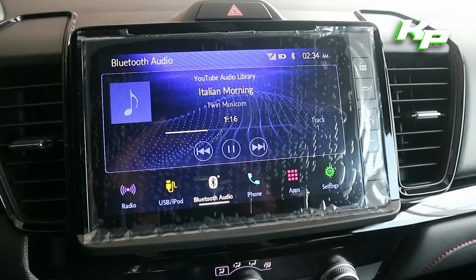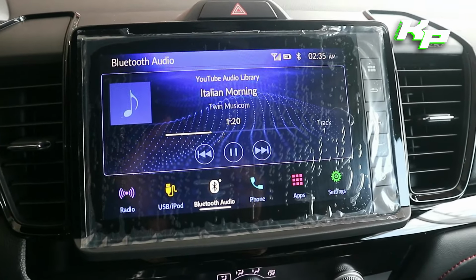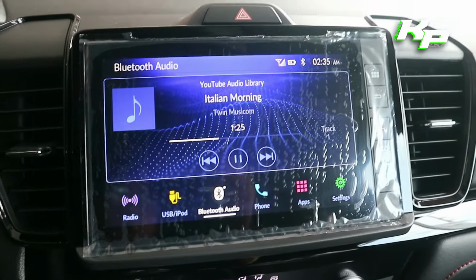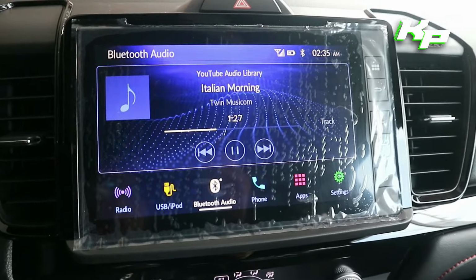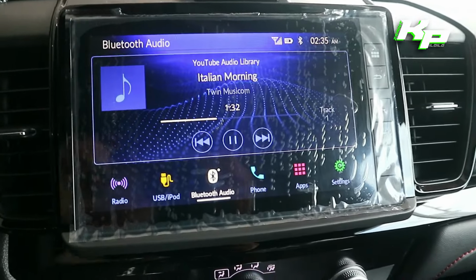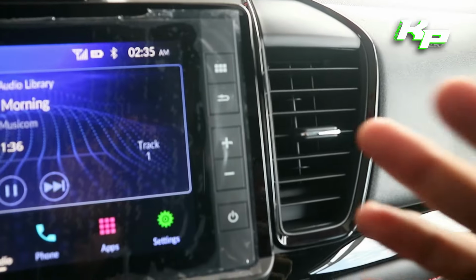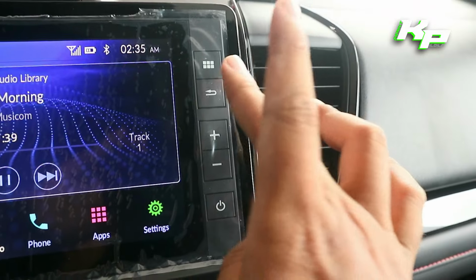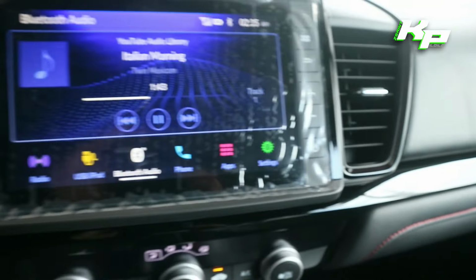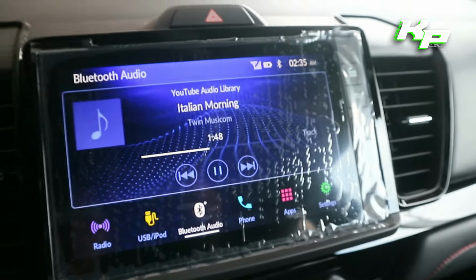Right here is your infotainment system of the Honda City Hatch, and actually the graphics itself is very self-explanatory, very simple, but not as cool as other modern cars out there. But in this case, madali siyang gamitin, no? So before we tackle this infotainment system, let's go first with the physical buttons. Right here is your home button, go back button, volume controls, and your power button right here. Now currently you are in a Bluetooth audio streaming with your current song title information,